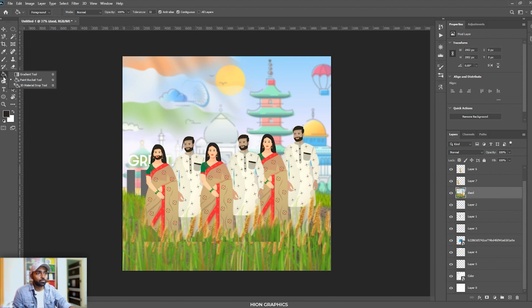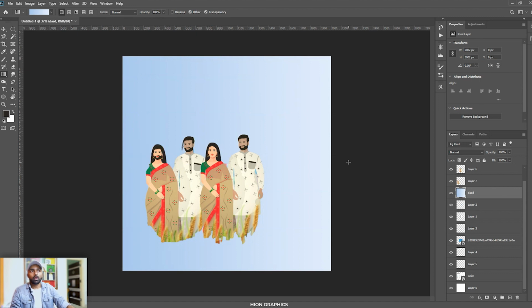Come to the gradient tool. If you see, I have selected the gradient tool. Now I see this mark. I can just left click on this and drag to the right. It creates a gradient. This is the gradient that I had already selected before. You can change the gradient somewhere here.